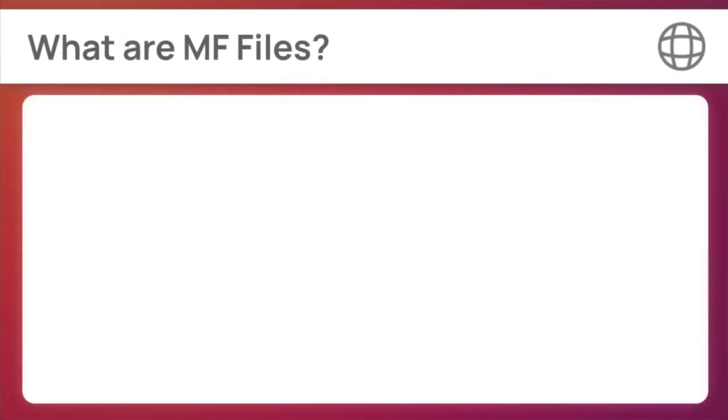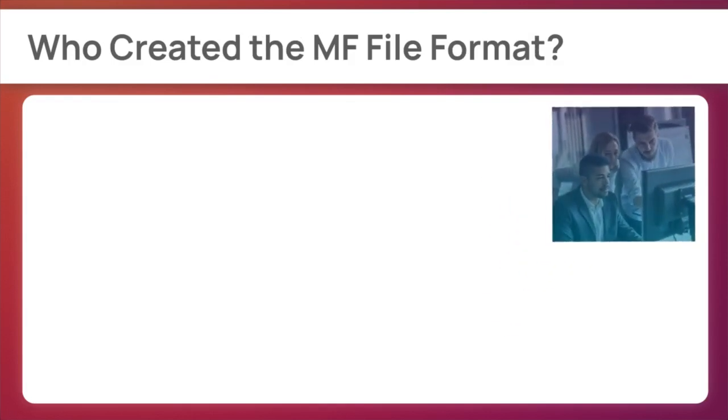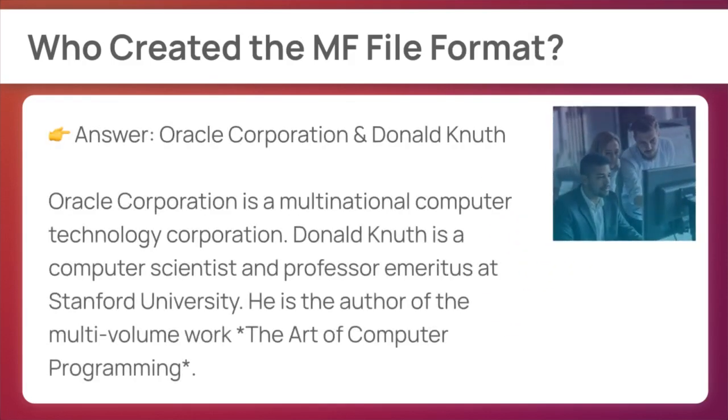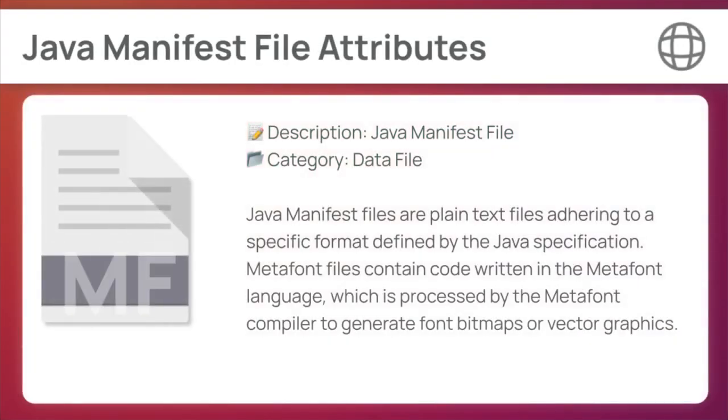An MF file can refer to either a Java manifest file or a Metafont source file. Java manifest files contain metadata about jar files, including versioning and dependencies. Metafont files are used by the Metafont system to define fonts using mathematical descriptions. Java manifest files are plain text files adhering to a specific format, defined by the Java specification. Metafont files contain code written in the Metafont language, which is processed by the Metafont compiler to generate font bitmaps